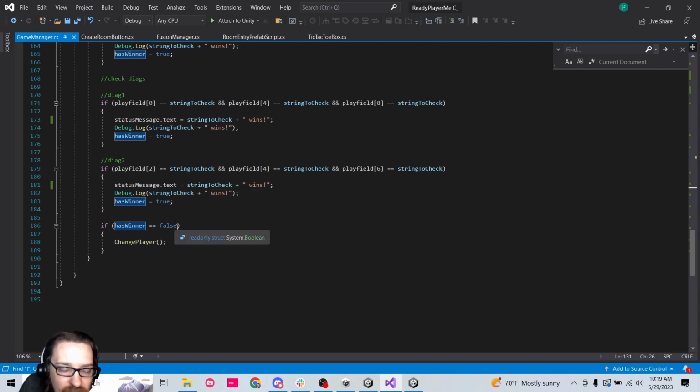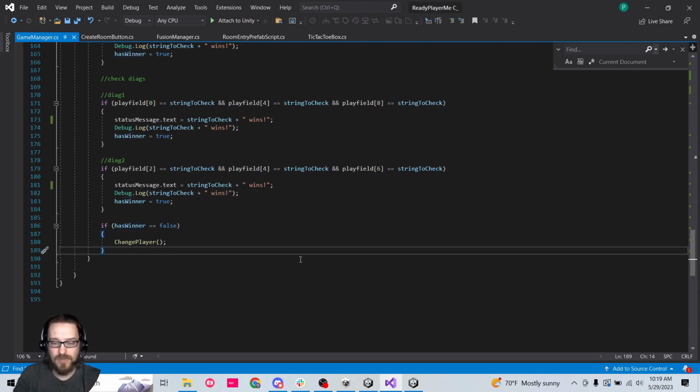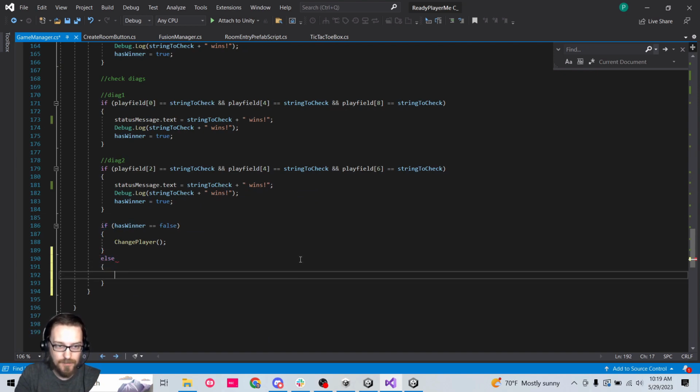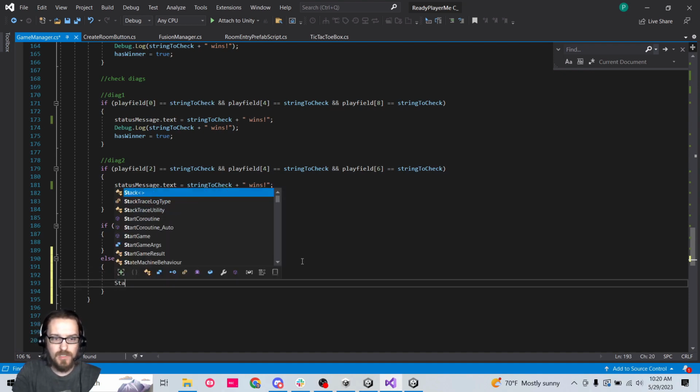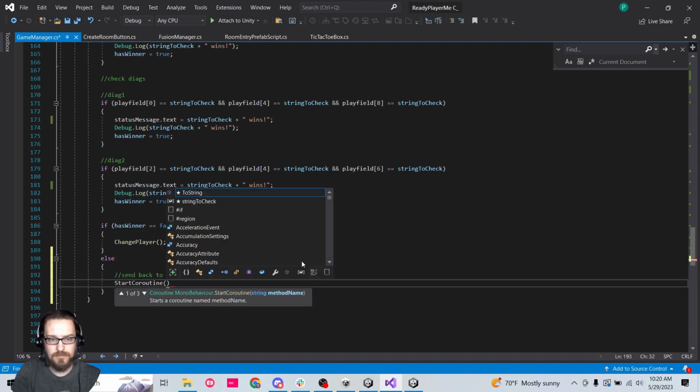So if has winner equals false, change player, else, here's where we're going to manage sending back to lobby. There's a few different ways we can do this, but first thing I'm going to do is start coroutine, go to lobby,